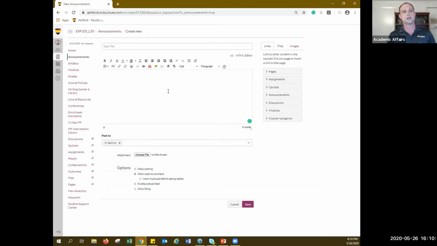So a lot of the instances we were seeing where folks are using it is within this rich content editor. I showed where you could use it in the inbox and the SpeedGrader as well, but a lot of it is within the rich content editor here. So again, we'll pull up that little play button.